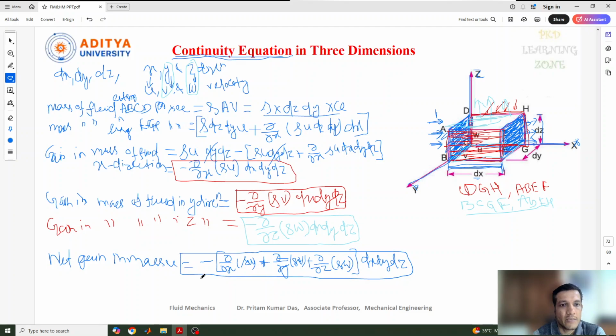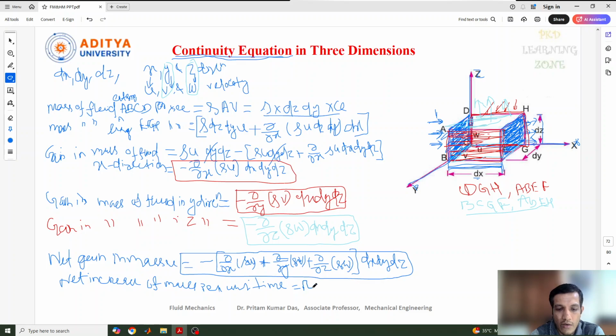Now as per this continuity equation, as I told you, this is based on the conservation of mass. So we can say the net increase of mass per unit time in the fluid element